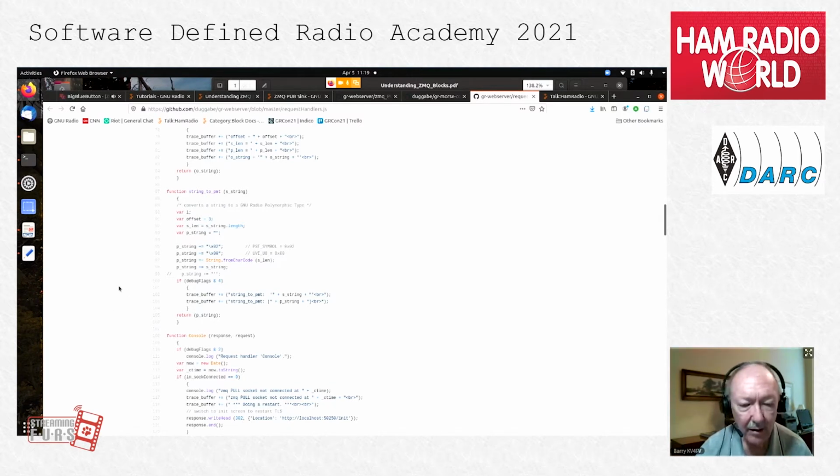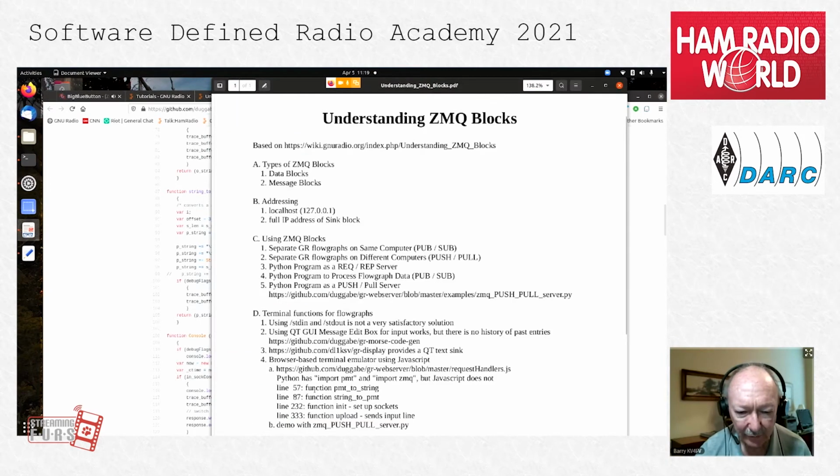And back to my outline here, I actually give line numbers on those two functions, and where it sets up the sockets, and where the input actually gets created into an input line and sent.